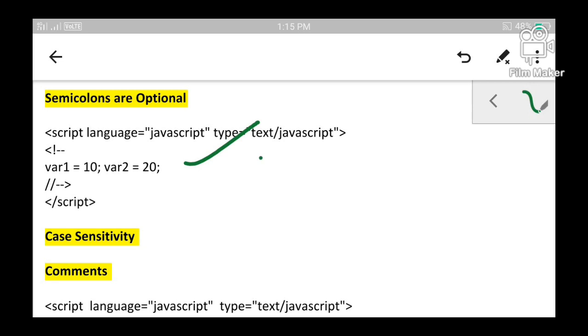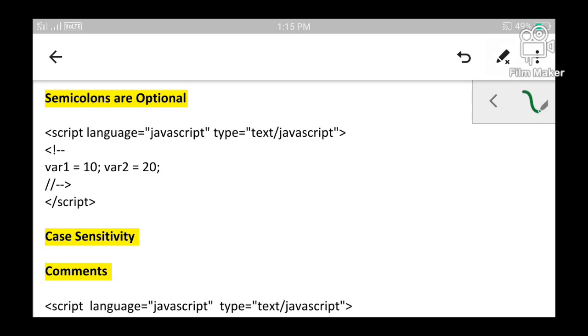So only when multiple statements are given on the same line does the necessity of a semicolon arise. At that time, you have to clearly give the semicolon to mark the end of each statement. Clear? Since more than one statement is included in the same line, you have to explicitly specify where a particular statement ends.